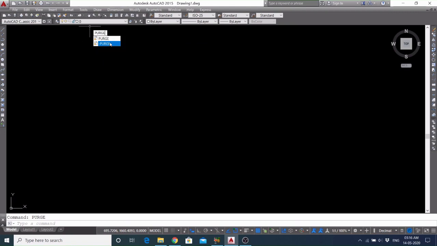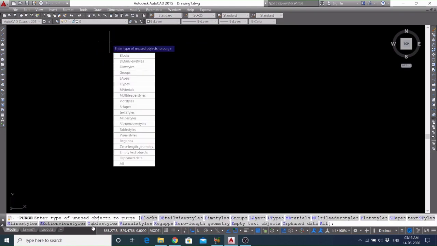Okay, see, in this section all the different types of layers and blocks, etc., are showing in the command line. Whatever it would show in the window, all those options are showing in the command line. That is the difference. Okay, see, if I click on layers,